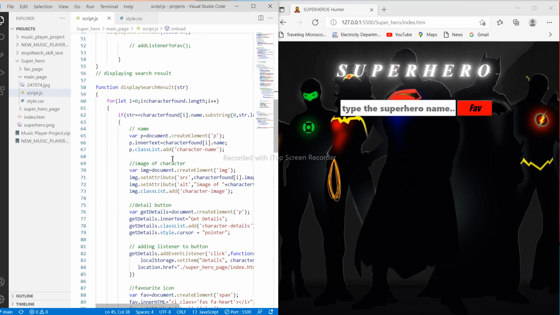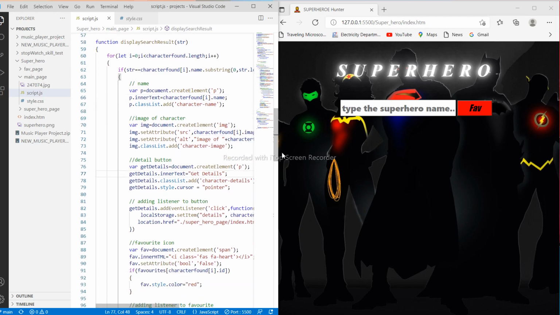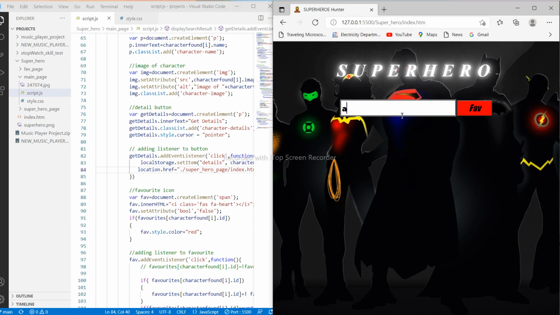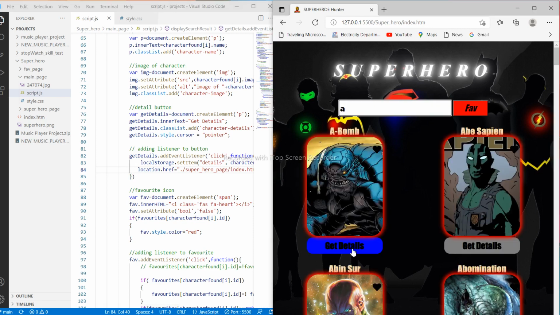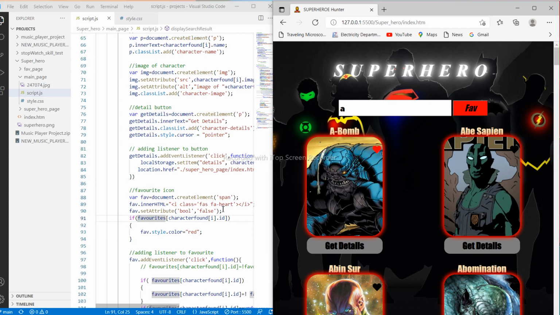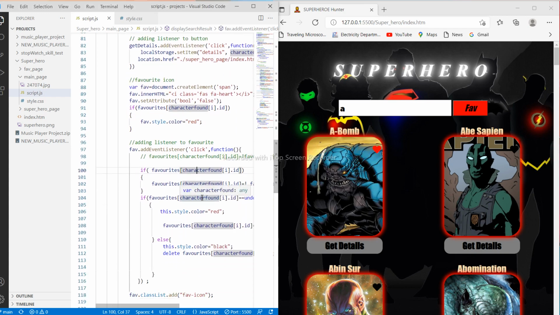So here I am just using the name, the image of the character, and a details button, adding a listener to the button, which is get details, which we are going to fetch from here. I have used location href to go to another page, and the favorite icon. Here the favorite icon is the heart, which you can see here. If I click on it, then it will come here, with an add event listener, and it will add this into